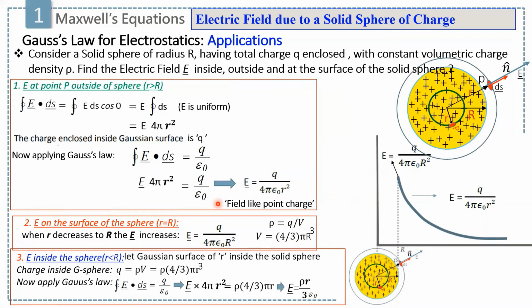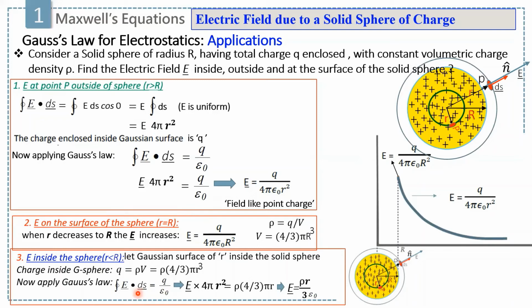And now the total charge inside the Gaussian surface would be Q = ρV, where ρ is the charge per unit volume, and this volume is the volume of the Gaussian surface, which is 4/3 πr³. Now by applying Gauss's law, which is the closed integral of E dot dS equals Q over ε₀,